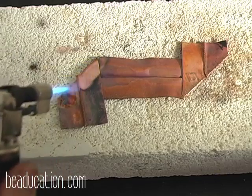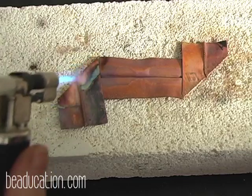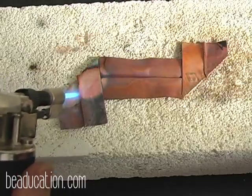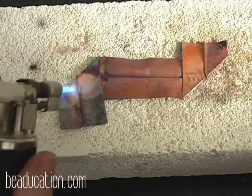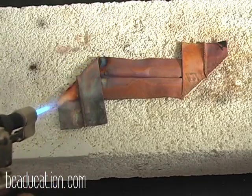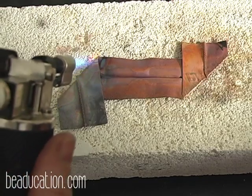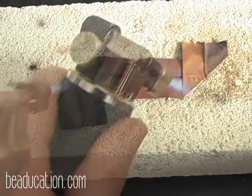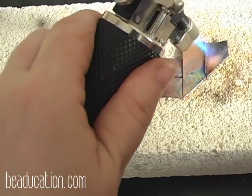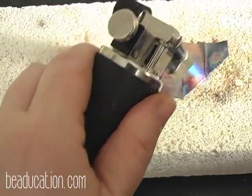So I've got my torch, and again it's in my non-dominant hand, which for me is my left hand. I have a pair of tweezers or tongs in my right hand so that I won't absent-mindedly reach out and flip the metal with my hands. You laugh, but when you do it, you won't. And I can really just concentrate on the ends here because this is where I did the work. The middle really didn't have too much done to it. I'll hit it just a little bit